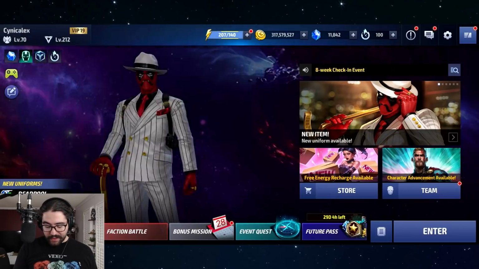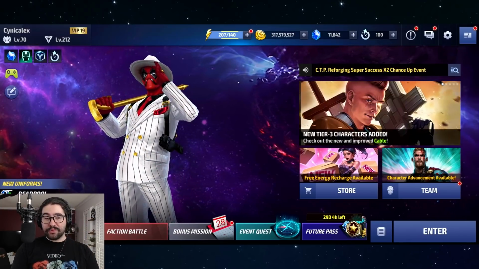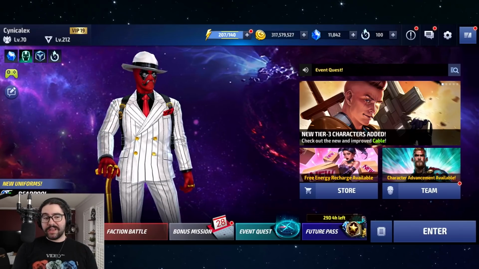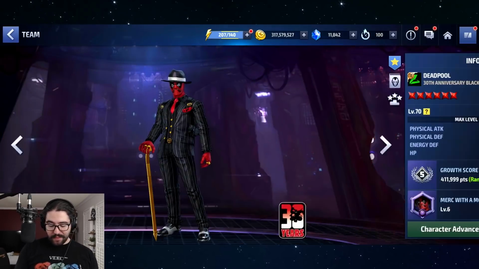So yeah, that's my recap of the uniforms. I'm pretty happy so far. I think the animations and the graphics of all the uniforms are absolutely gorgeous. Cable and Gambit are absolute 10s, and it looks like Nightcrawler is pretty good as well. Honestly, I wasn't using Deadpool for anything, so I might experiment with giving him a PvP build